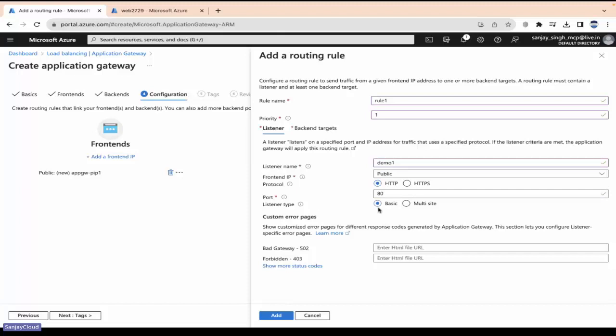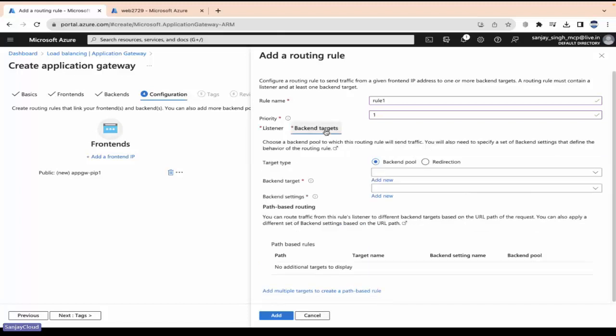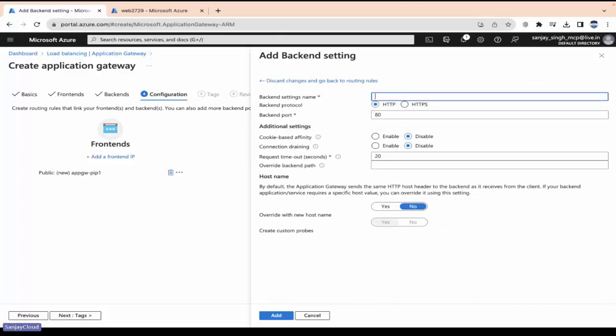Then port number, listener type will be basic if we have only single site. If we are going to entertain multiple domains, DNS name, then we will use multi-site. You can provide your error page information as well, which we are not going to provide here. Let's click on backend targets where we are going to configure backend pool as well. So click on drop down, select pool 1, then click on target, click on add new for backend settings, and